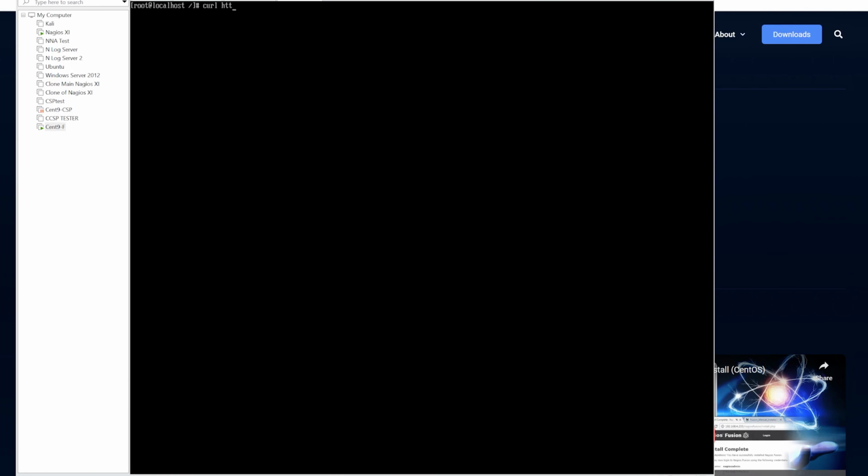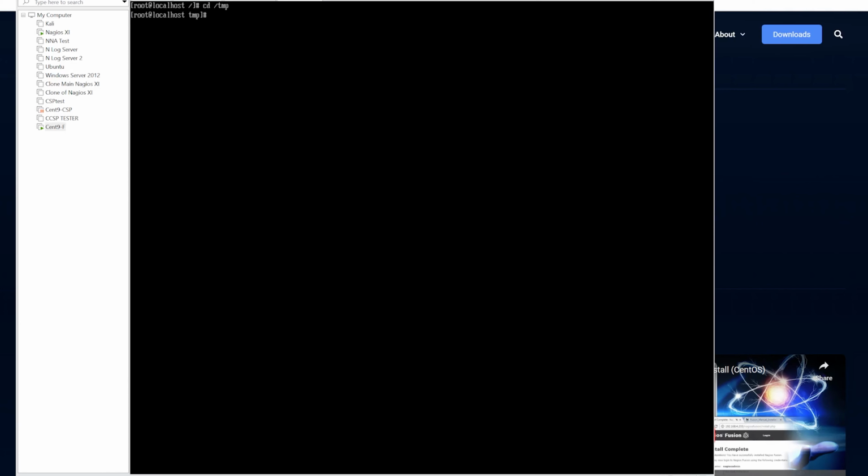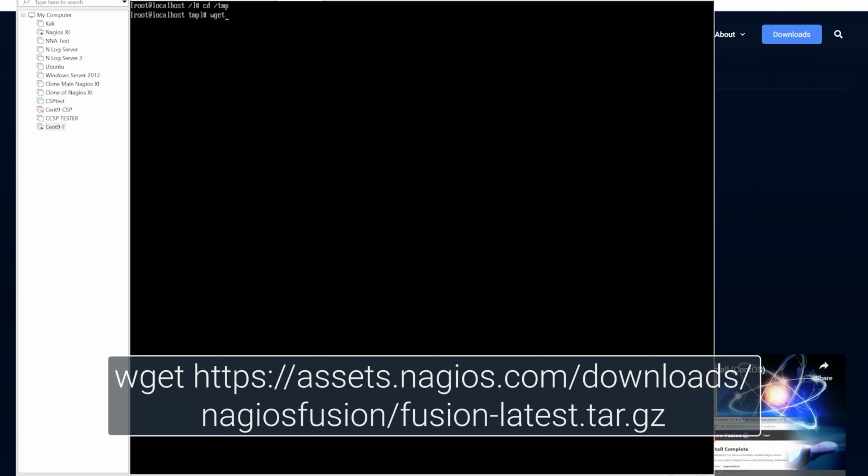Here are the commands to install using the manual method. We want to go into the temp folder, so we'll type in cd /tmp. Then we'll type in wget https